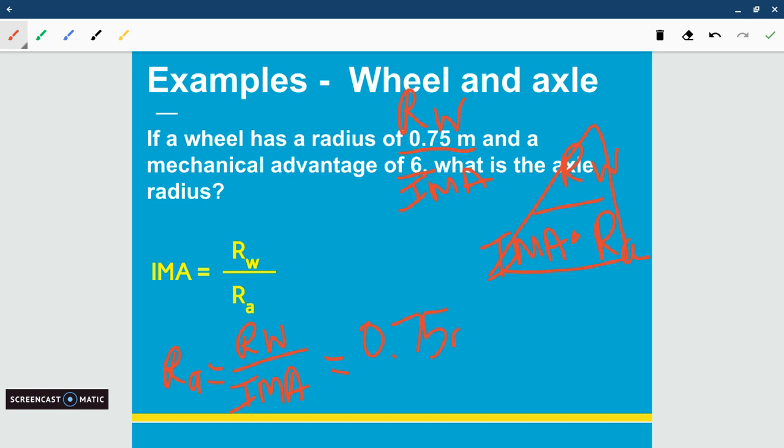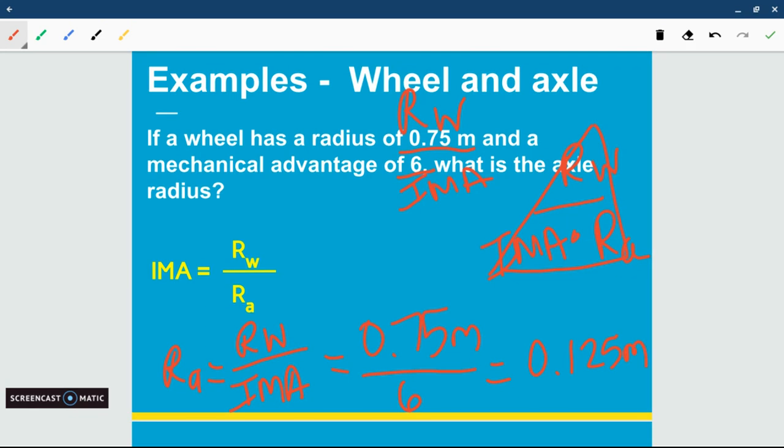0.75 meters over 6 gives you 0.125 meters. That is using the rearranged equation. If you are one of my students that does not enjoy the triangle and you'd rather use the original equation,